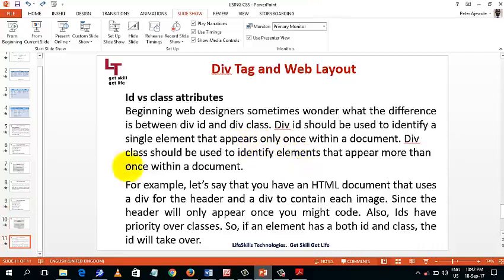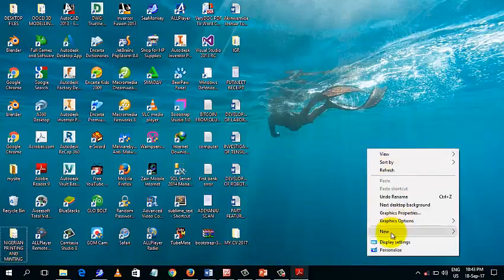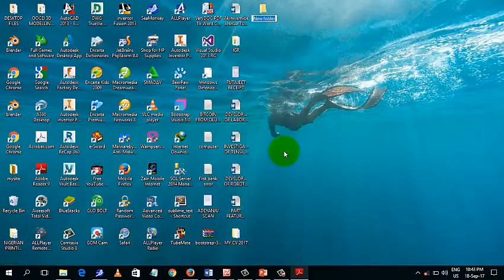Back to the practical session. Now, in order to do this, I would like you to do something. Let me go to my desktop. I will right click and create a new folder, and let me call it using CSS. Notice that I use small letters and there is no space between that. Now inside the folder I'm going to put the new site I want to